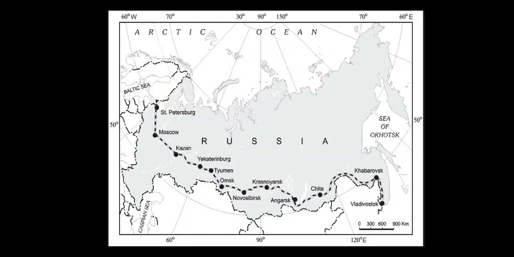So this is the map of the Trans-Siberian railway line. The two end stations, or two terminal stations, are St. Petersburg on the left side and Vladivostok at the end on the east coast side. So these are the two terminal stations, and in between there are stations such as Moscow and Chita. These are the intermediate stations of this transcontinental railway line. This railway line is the longest railway line in the world.